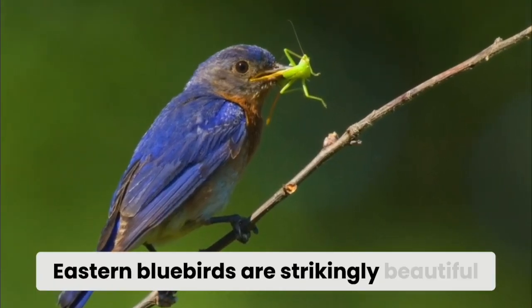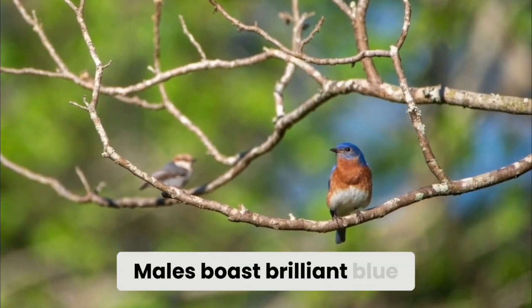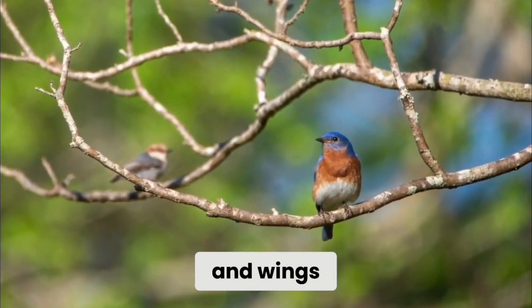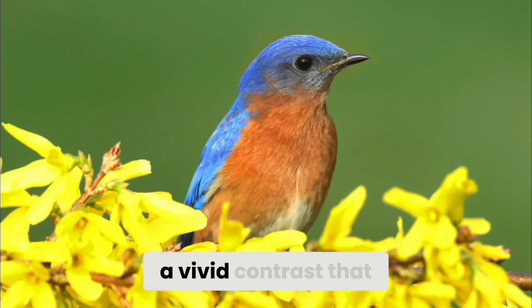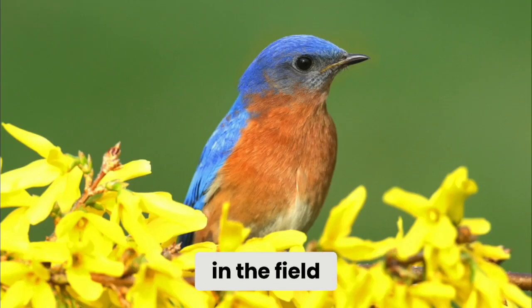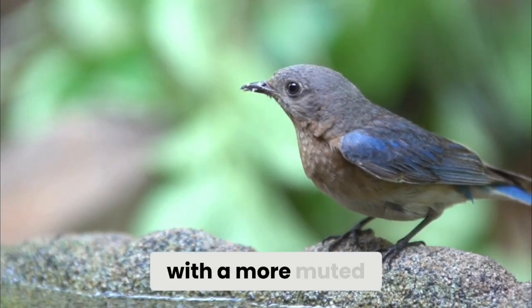Eastern bluebirds are strikingly beautiful, and their colors make them relatively easy to identify. Males boast brilliant blue feathers on their back and wings, and a rusty red chest and white belly. This blue-orange-white combination creates a vivid contrast that makes them stand out in the field. Females, while slightly duller, still show a slight blue tinge on their wings and tail, with a more muted orange-brown